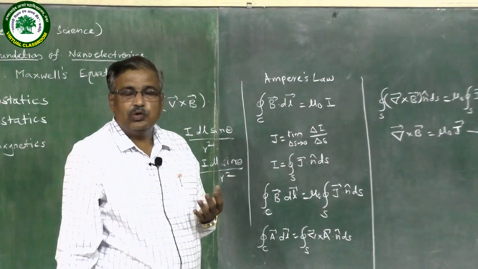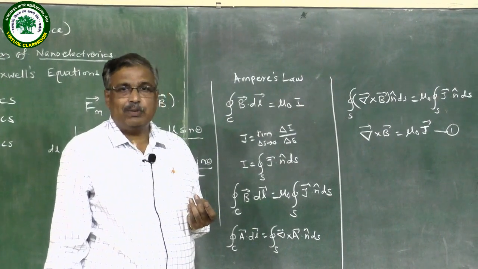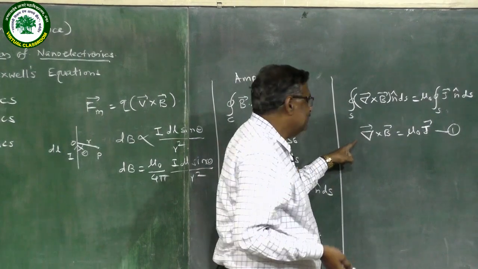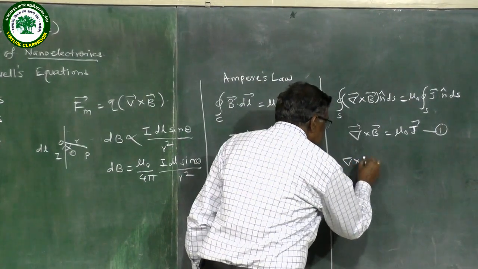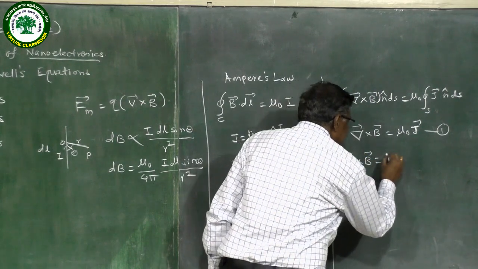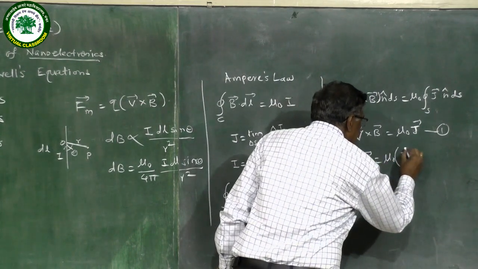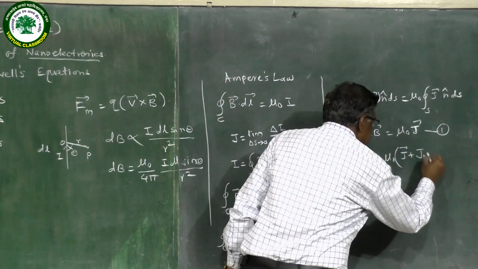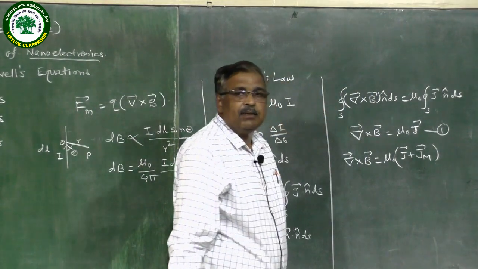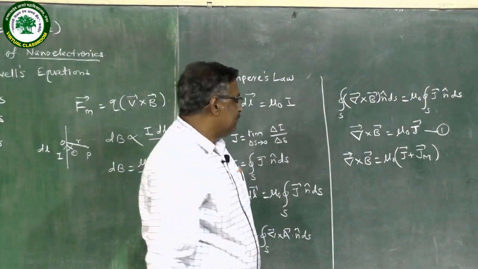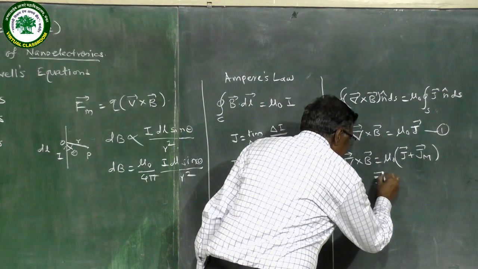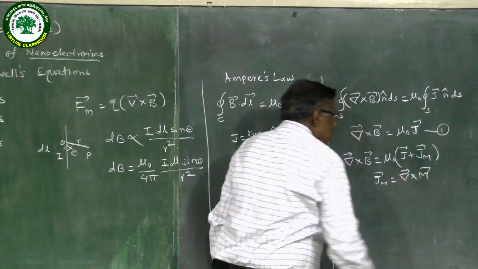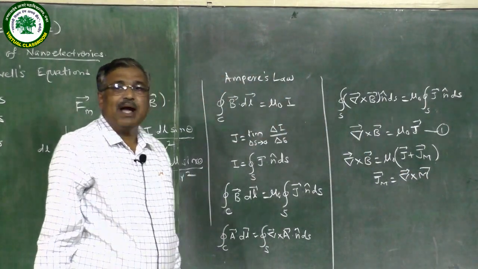are of three types. We know that they are diamagnetic, paramagnetic and ferromagnetic, and hence if this equation is applied to a magnetic material, then the equation should be modified, and so it is written as curl of vector B is equal to mu 0 into J plus the vector that is added here, which is defined by Jm, where Jm is called the current density due to magnetization. But this Jm is defined as curl of vector M, where M is known as the magnetization vector.